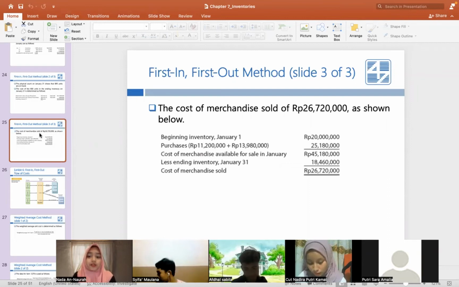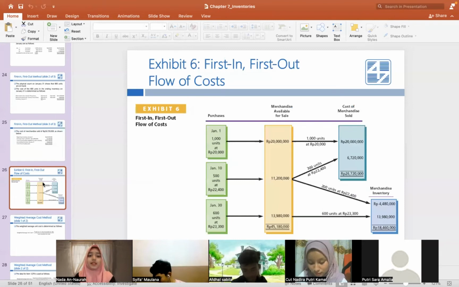Beginning inventory at January and purchases, plus the total of cost of merchandise available. This is the example of merchandise sold. And we see